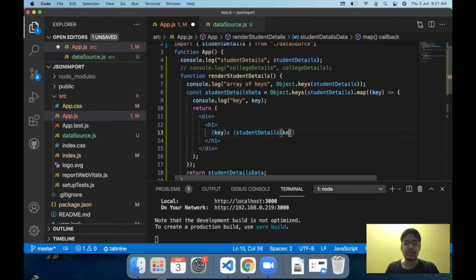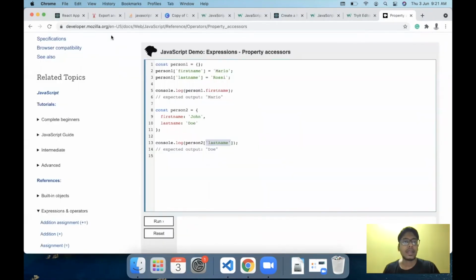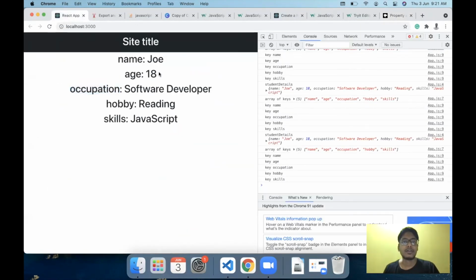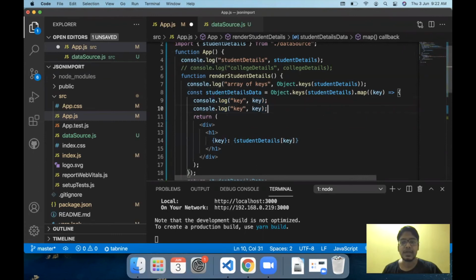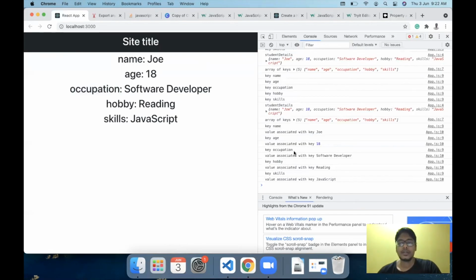So if I pass the student details key here and come back to my website, we will have all the values printed out. Just to give you a proper explanation, let's say these are my keys, and we are trying to print out the value associated with the key after each key entity. So the value associated with key. And here, if I print out student details of key in my console and save, this is how the